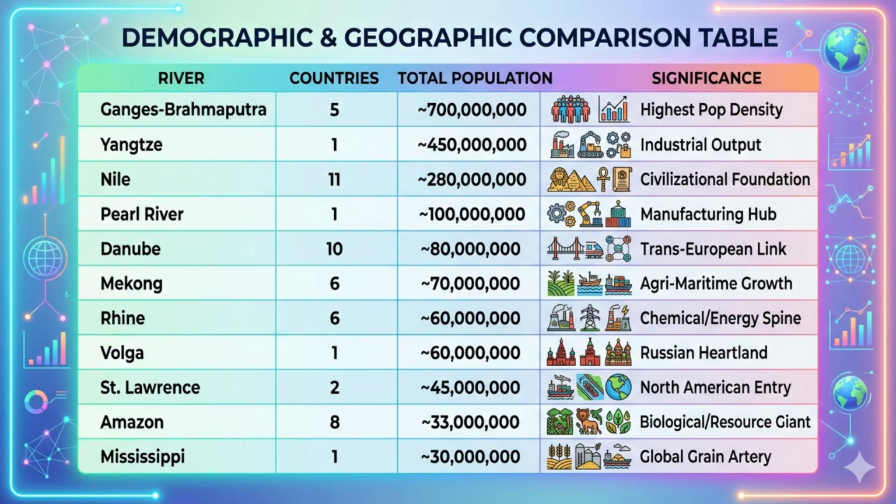So again, this table will be very useful. I've completed my research, I put out all these numbers, and I produced this beautiful slide. From here, you can see that the top population one will be the first one, called the Ganges River. So again, the rest you can read through yourself.